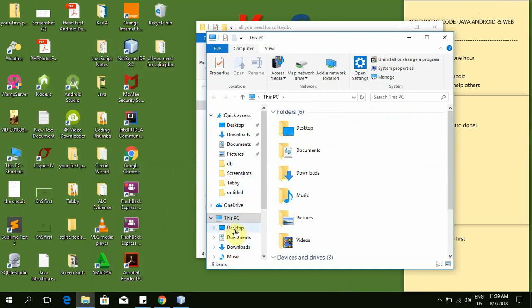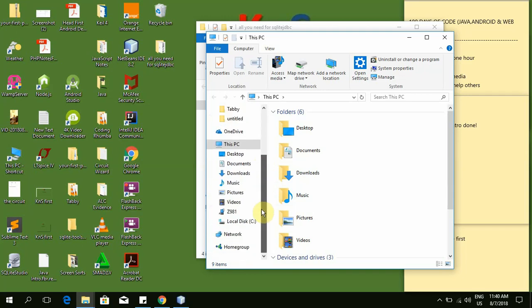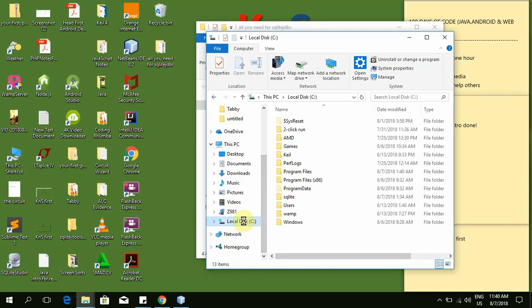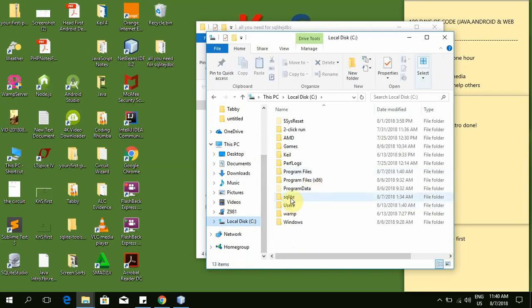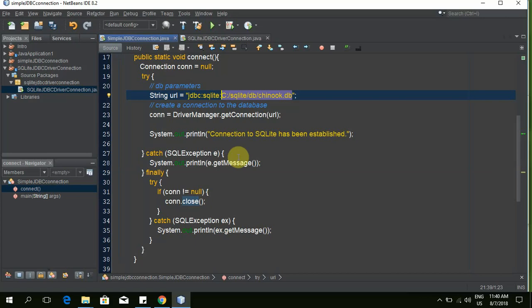But if you want to follow along with me exactly, come here. You see in C I created a folder called SQLITE. You can do that. From C we go to SQLITE,